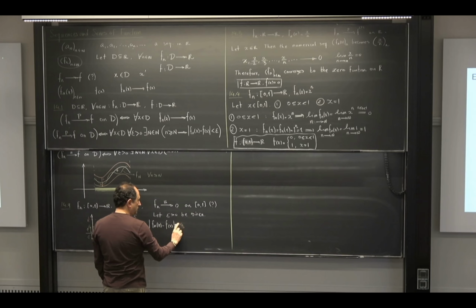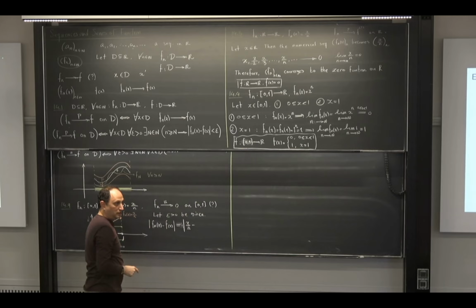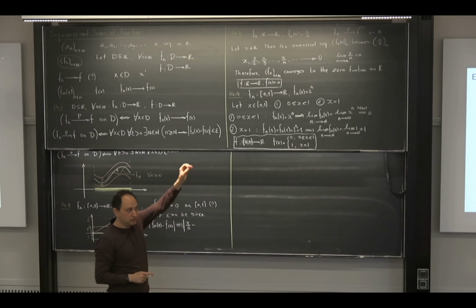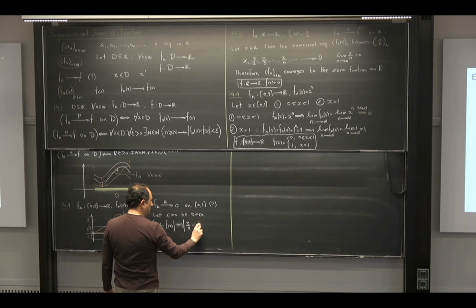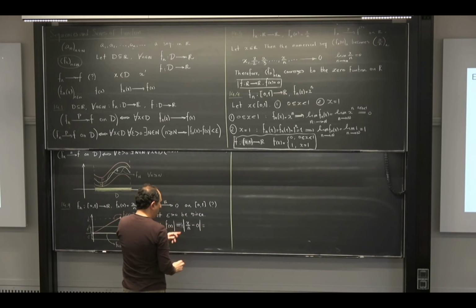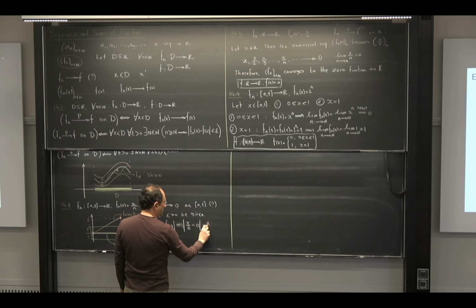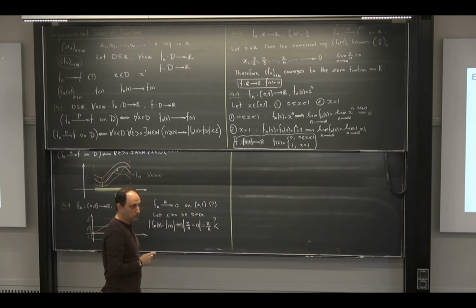So let me write it like this: f_n of x is x over n. But here I am lucky, f of x is proposed to me. If it is not proposed, how can I find this one? I go to the pointwise convergence, find the candidate, and that is your candidate, okay? So then it becomes minus 0, and because I am working in this domain, I don't need absolute value, so it becomes x over n. And my goal is to make this less than epsilon, but for every x.